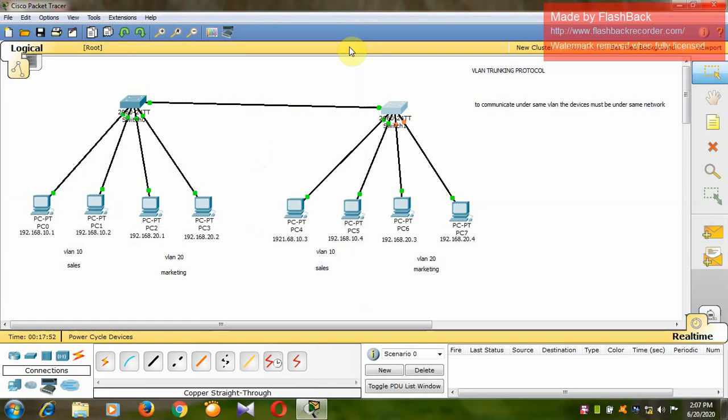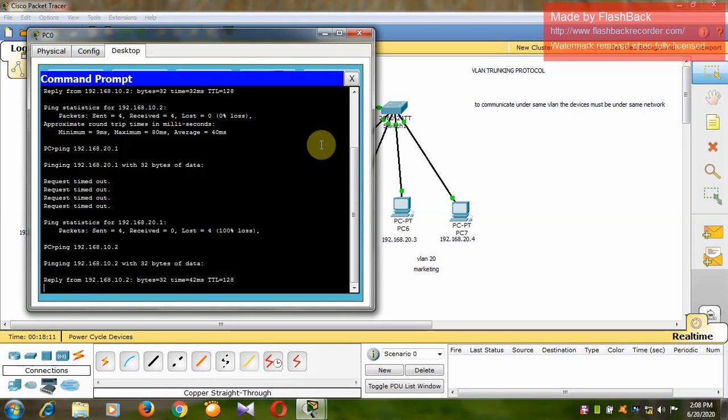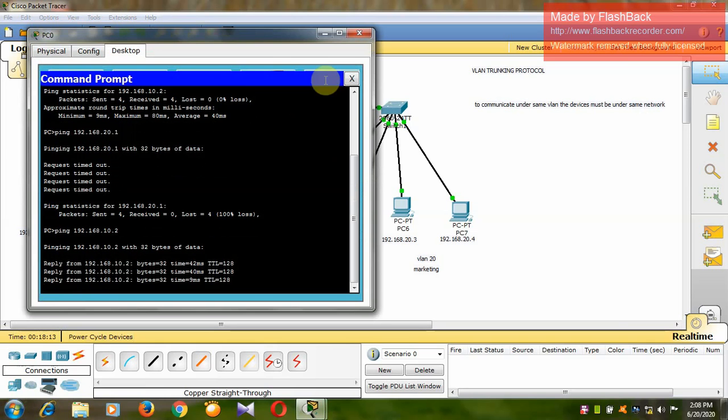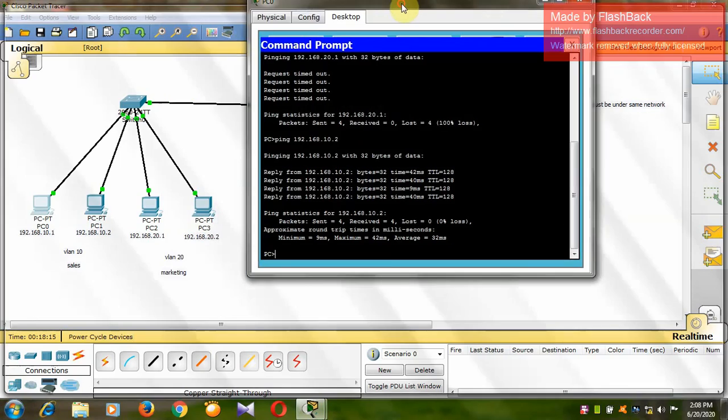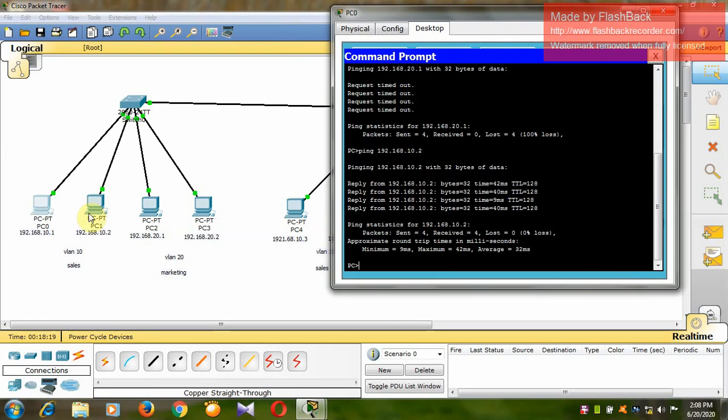Now I will try to ping the devices which are under the same VLAN and under the same network. From this PC I will first ping 192.168.10.2. I am getting the reply. This 10.2 is nothing but PC1.